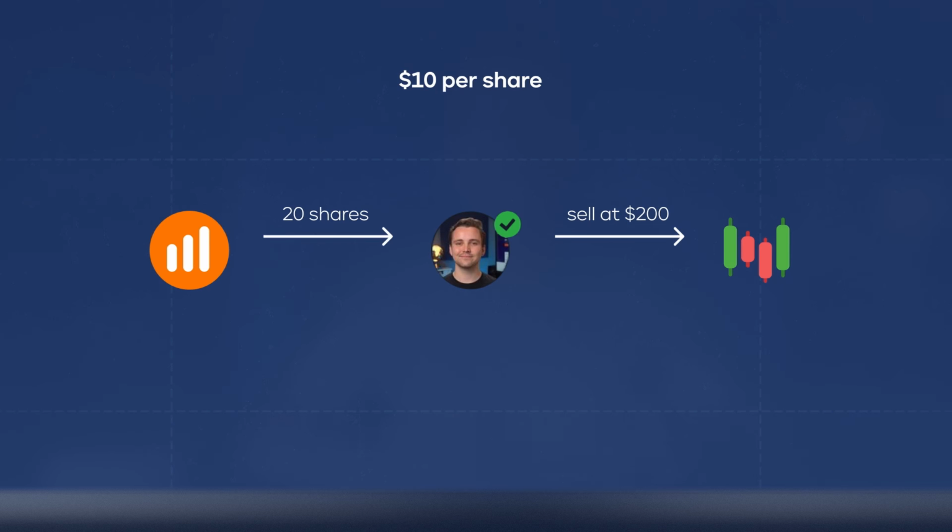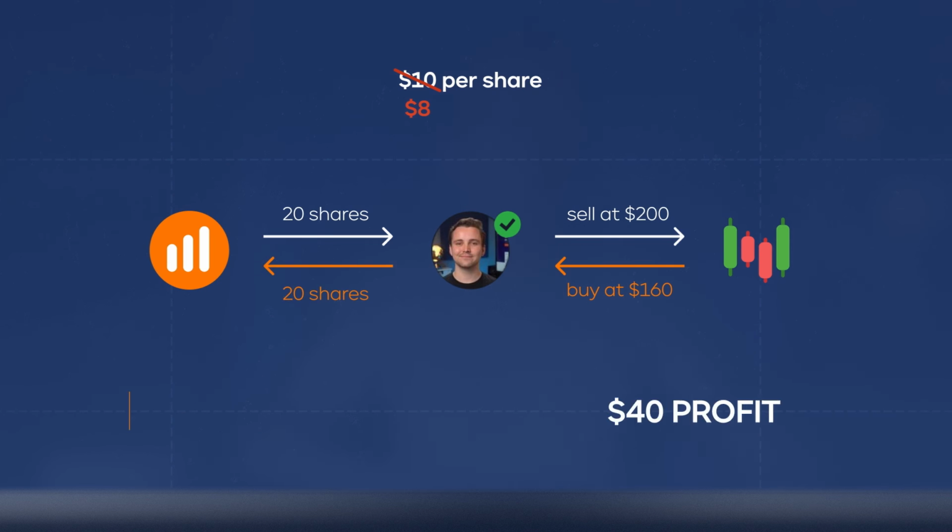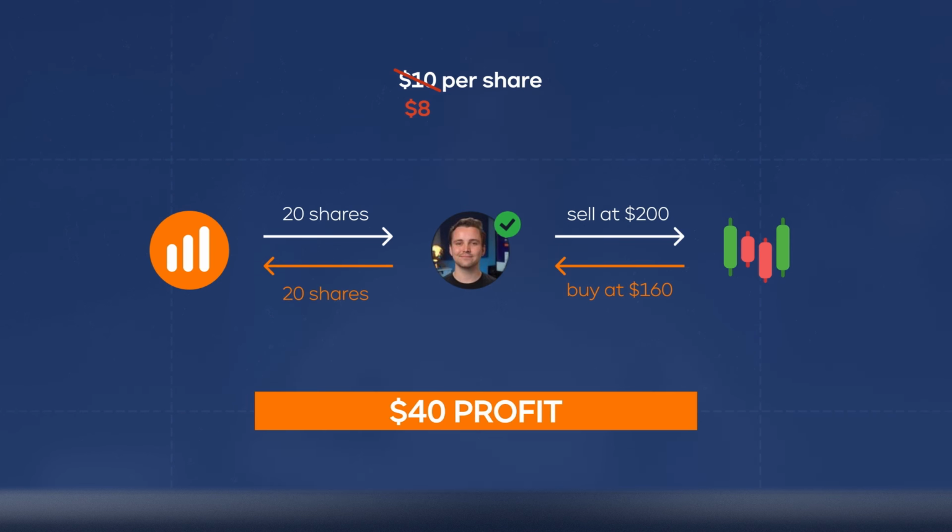When the stock price of company A starts decreasing and reaches, let's say, $8 per share, I will repurchase the borrowed 20 shares from the broker at $8, paying $160. After doing this, I will return the borrowed shares to the broker and keep the difference, which in my example totals $40. Of course, when you trade on a platform like iqoption or any other, you don't literally make all of these steps. This is only an approximate description of the traditional short selling mechanism.